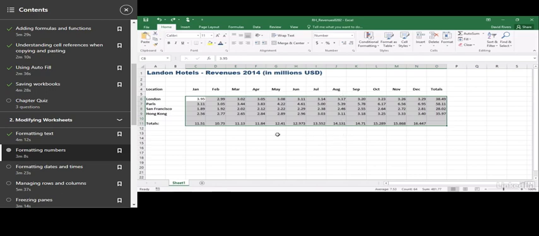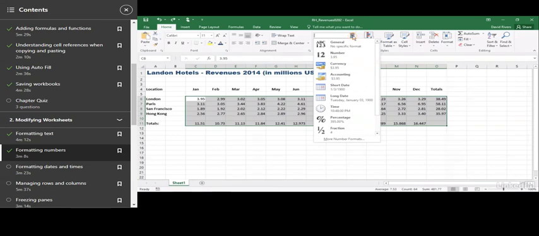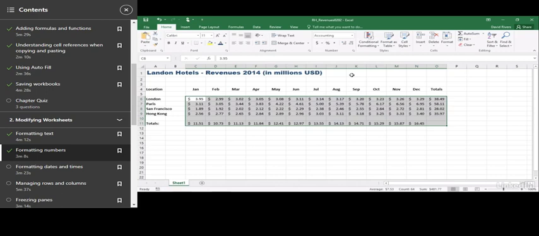So we can fix that up by going up to the number group here on the ribbon with the Home tab selected. You can see the number format is already applied by default, and all that means is we see a number with decimals. Click the drop down and you'll see some other preset formats like accounting, for example. Click there. All this does is add a $ sign to the left-hand side of the cell and change everything to